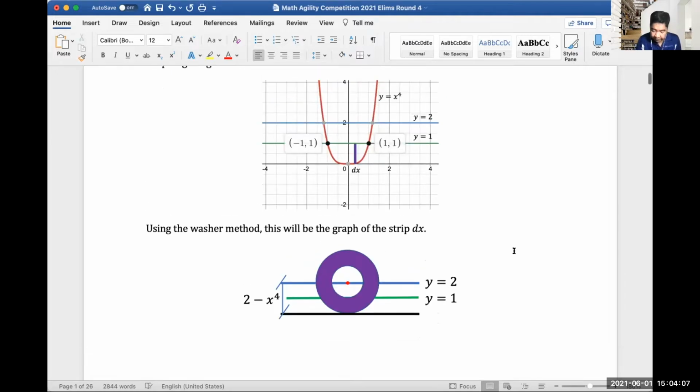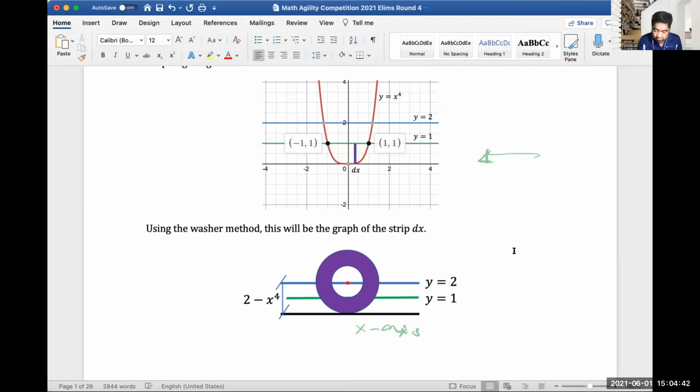So below is the x-axis here, right? But you're looking this way at the curve. So this is the strip, which is the violet line. So we're now facing the strip in this direction. So we will see that it will have an outer ring bounded by the x-axis, which is this, and an inner ring, which is y equals 1,